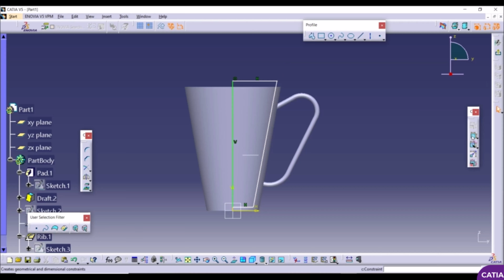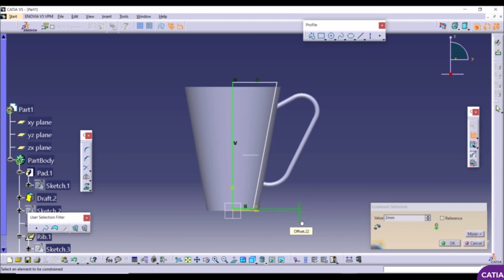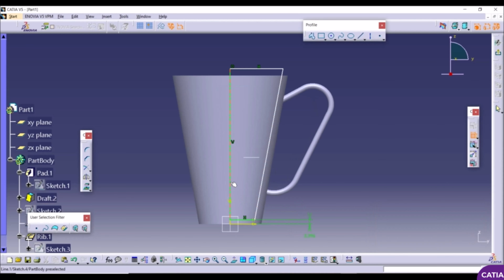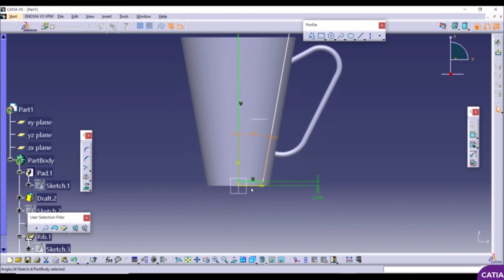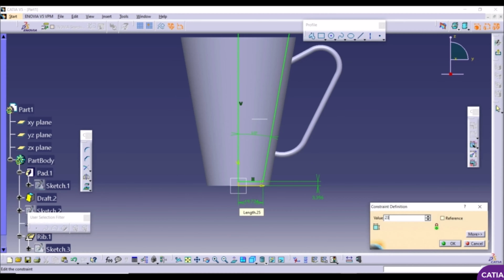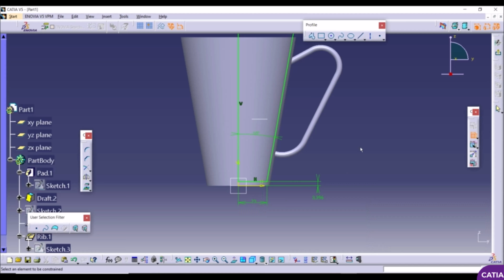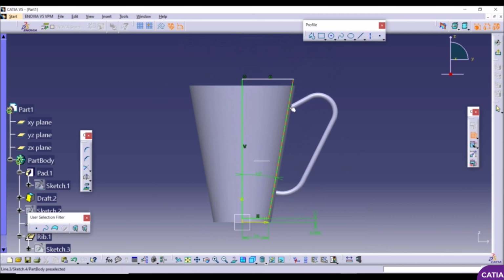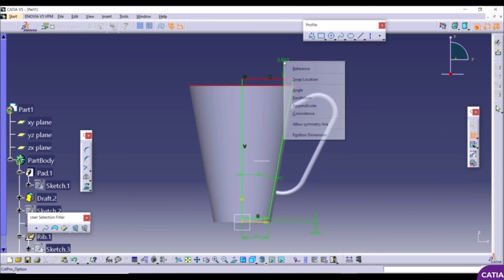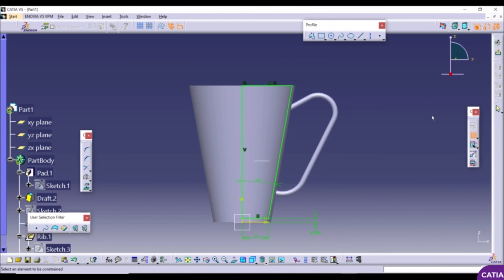Now let's go here to the constraint. We can double click here. Let's select this line and this axis here, like this. Let's go here with 2 millimeters. Let's select this line and this line here. Let's go here with 10 degrees, like this. Let's select this line here and let's go here with 23, like this. Now we can select this edge here and this line here, right click, let's go with coincident. Let's exit the sketch,